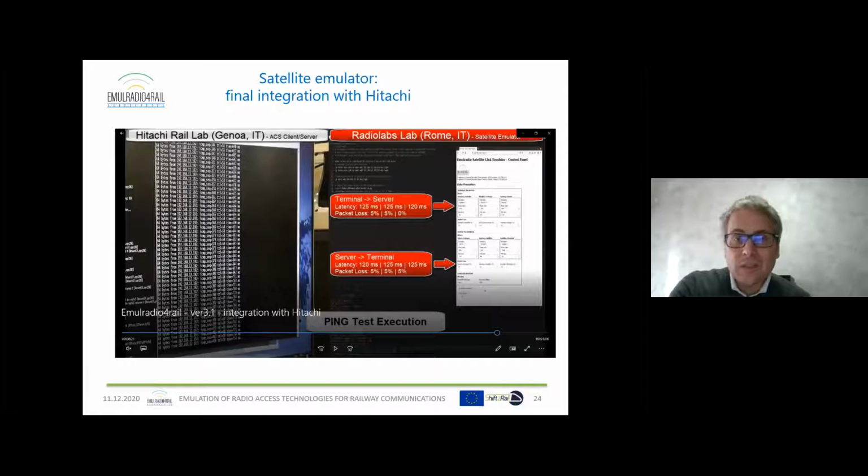Here we can see other attempts during the final integration where we changed the value of the packet loss, so we put an additional packet loss in the first 2 stages of the transmission from terminal to server, and the same situation we have in the server to terminal transmission, where in this case we also added the third packet loss